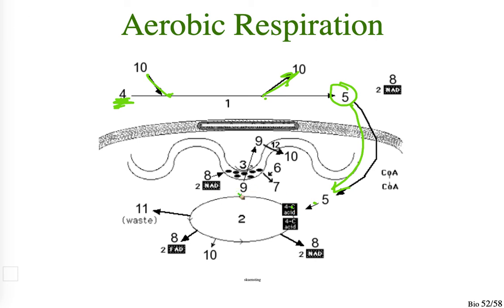The 6-carbon fatty acid has hydrogens ripped off, carbon ripped off. It becomes a 5-carbon fatty acid. Then the 5-carbon fatty acid has carbon ripped off and more hydrogens ripped off. It's converted back to a 4-carbon fatty acid, which is what we started with. And the hydrogens then go to the ETS. They're dumped off so that they can be used to pump protons. The protons get pumped, so 8 is hydrogen atoms, 11 is carbon dioxide waste, 2 is the Krebs cycle, 10